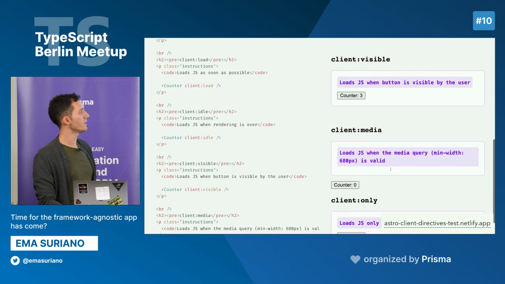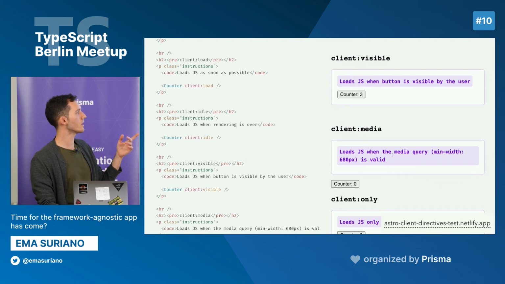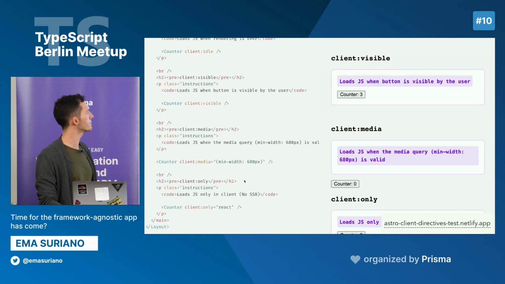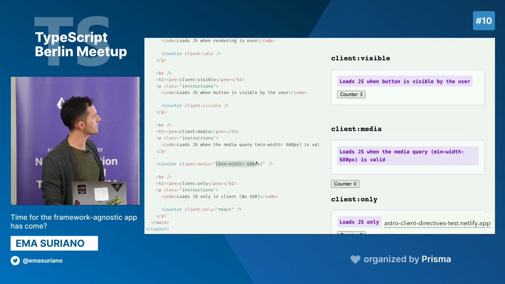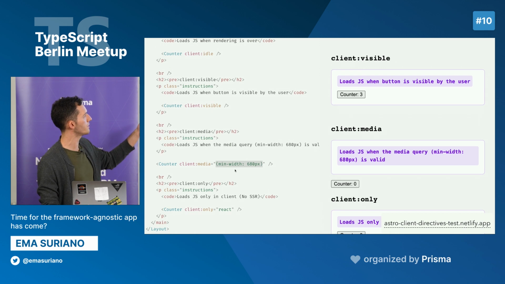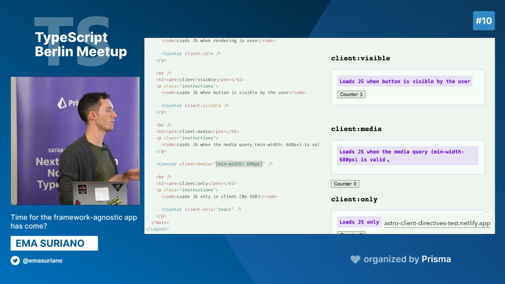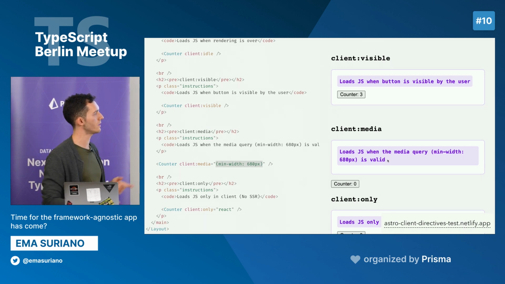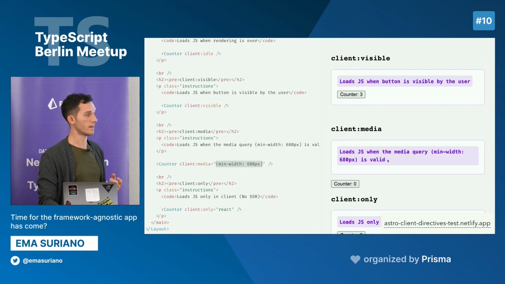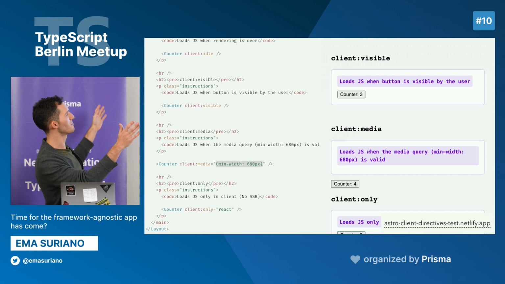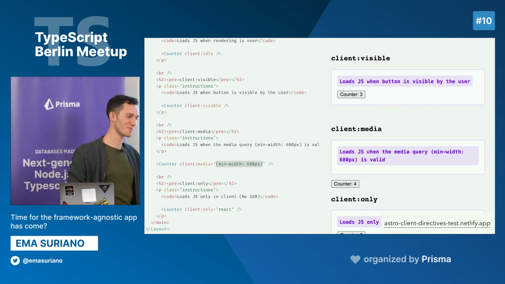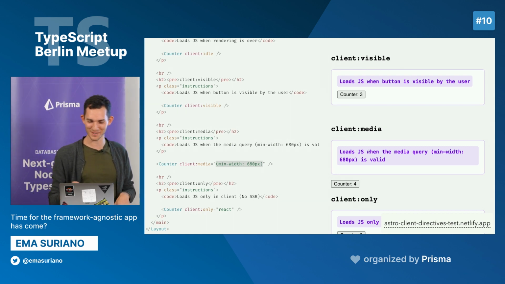And media, it's great. So media is when the component matches some kind of media query. So in this case, my component is going to be interactable when this media query is true. So in this case, when the min width is, so when the width of the screen is higher than that, it's going to be interactable. And in this case, this is not. It's a bigger page. That's why. When I was running it, my computer was not working.